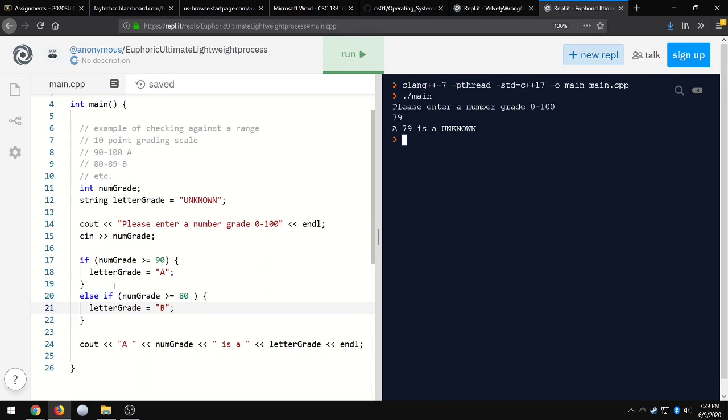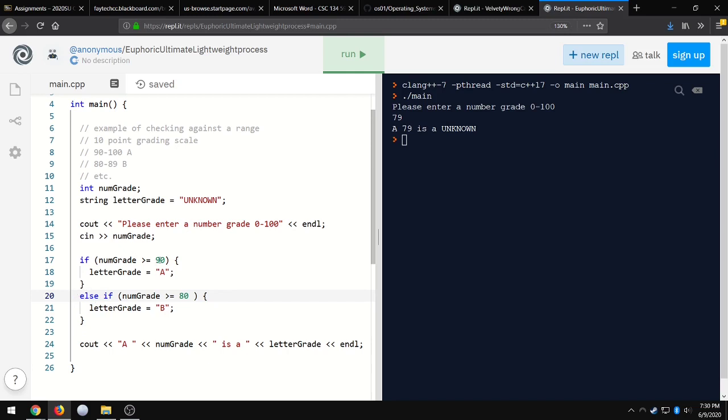So why would I do it this way if I'm talking about ranges? Well, we know, as I said here, anything from 90 to 100 and presumably higher is an A. So if I'm just making sure it's greater than or equal to 90, then it's going to be an A. And because I use an else, as I talked about in the previous assignment, if this is true, this will not happen. With if, else if, using that format, it'll only ever use one of those, which means if this one's false,